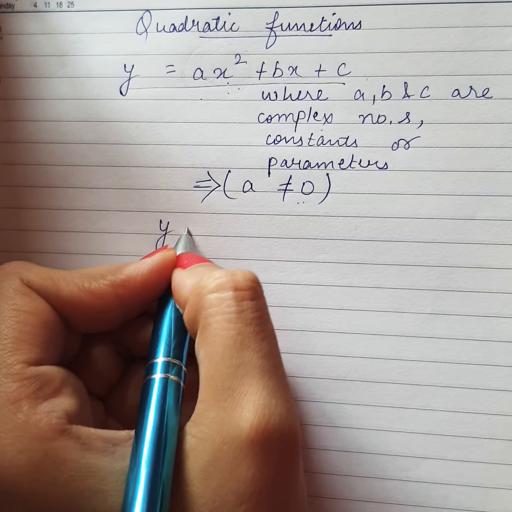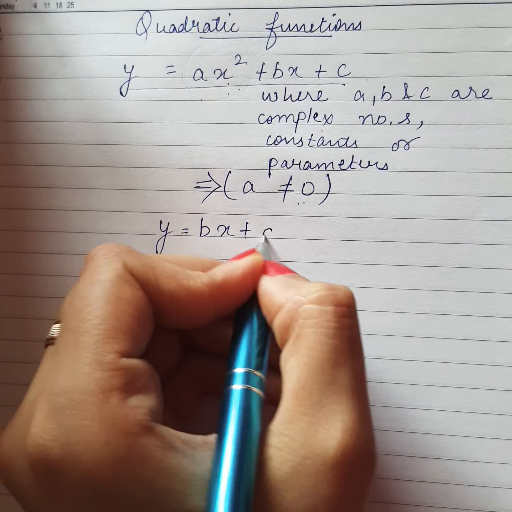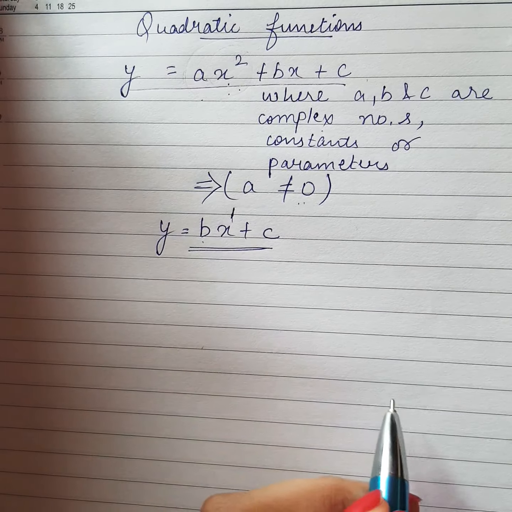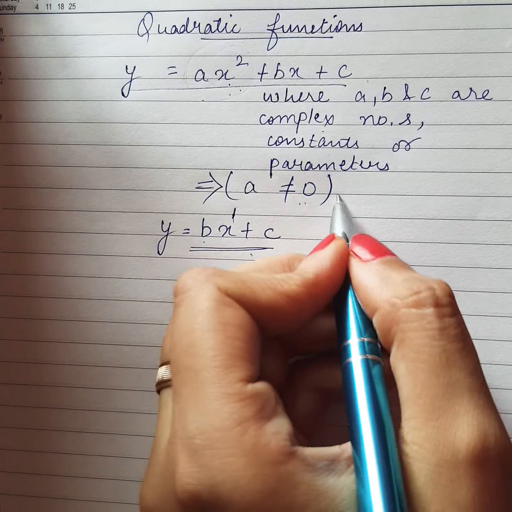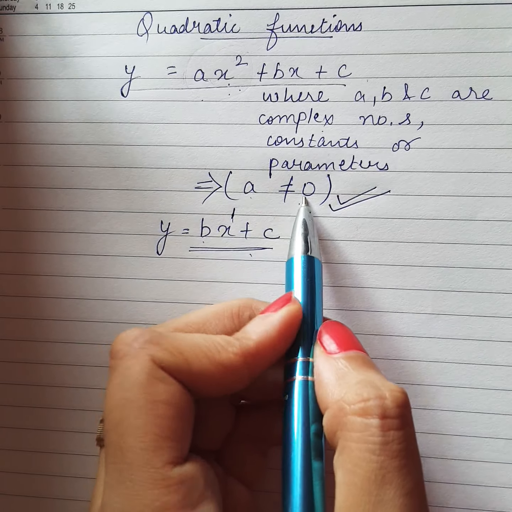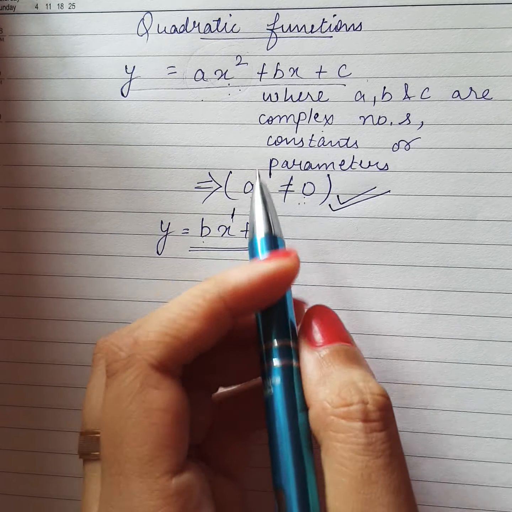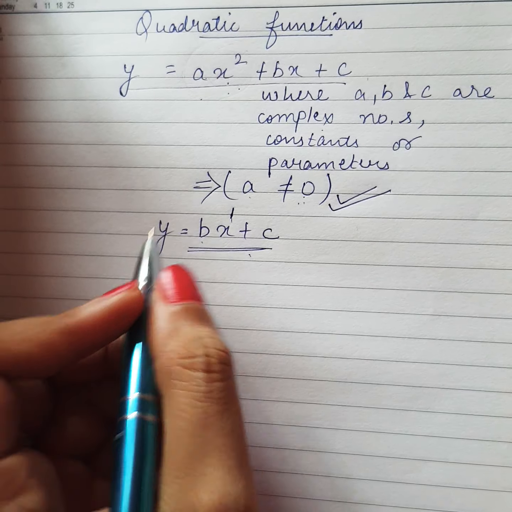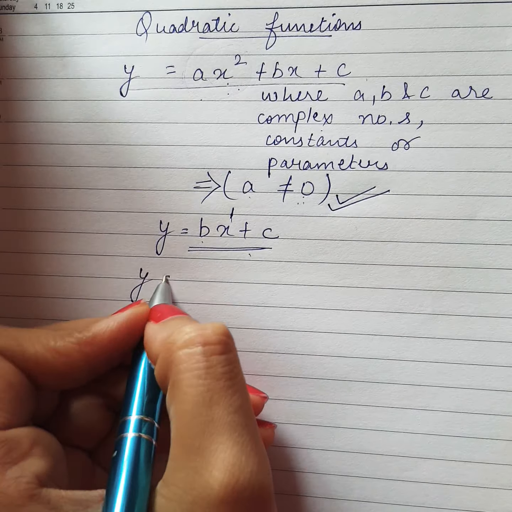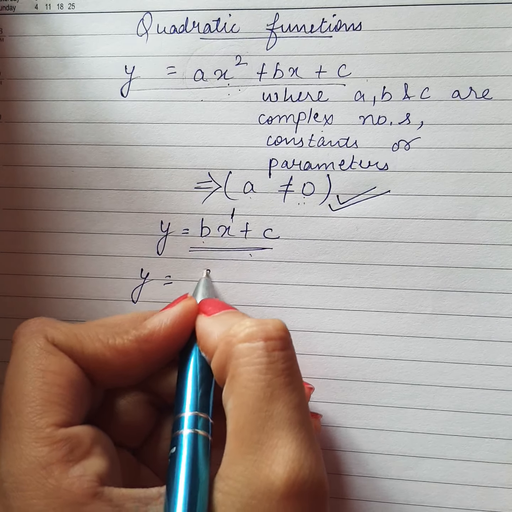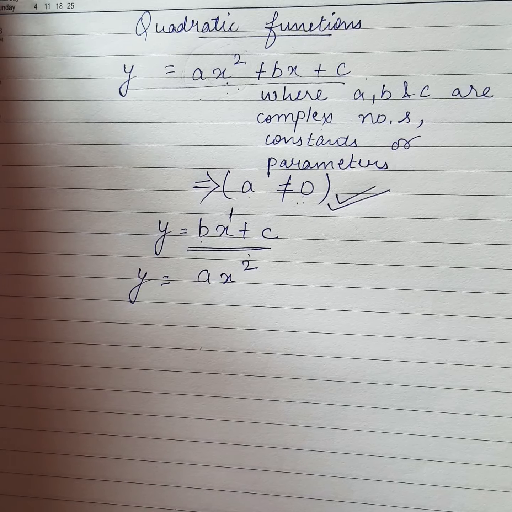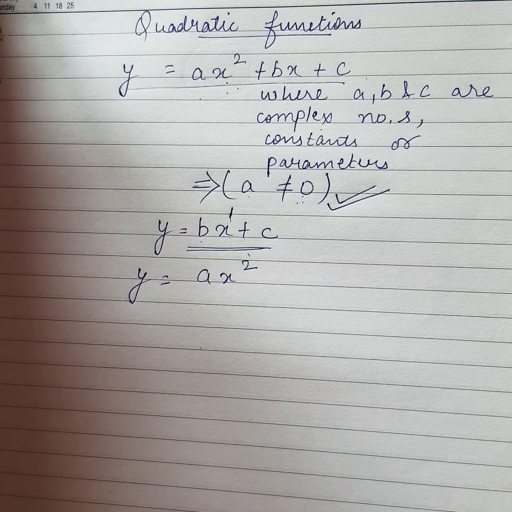So we will be left with bx plus c, which is not a quadratic equation because here the highest power is 1. So that is why this is the compulsory condition. a has to be non-zero. Then b and c can be 0. For example, if b and c are 0, then the equation will be ax square, and a can be any fraction or number or a complex number, real number.